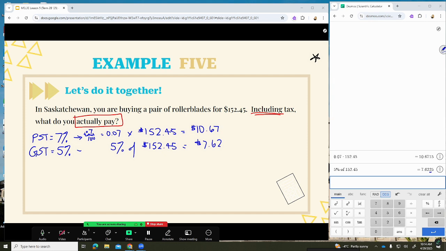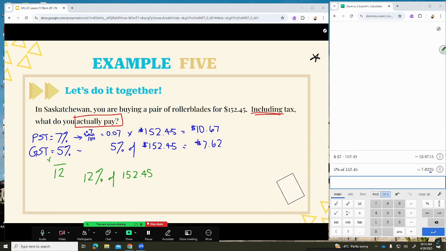If you wanted, like I said before, you can combine them first if it's asking for the total. We can say 7 plus 5 is 12, so what is 12% of $152.45? If that's the way you're going to do it, make sure you write it as that because your numbers can be off by just a few cents. We want to make sure that we are